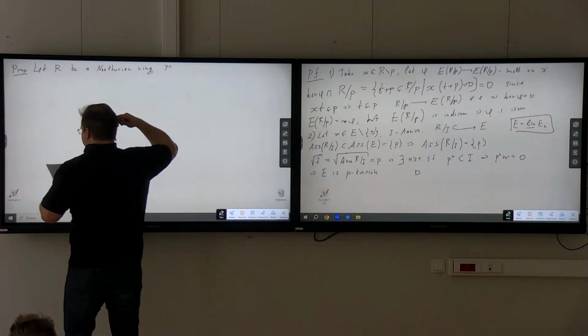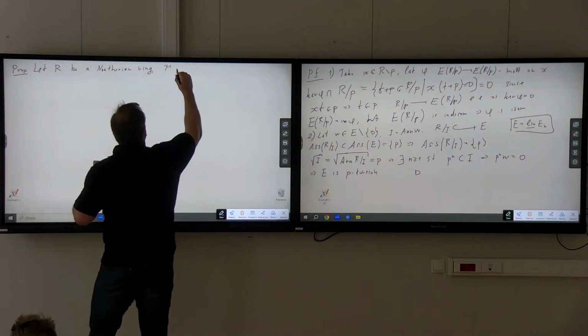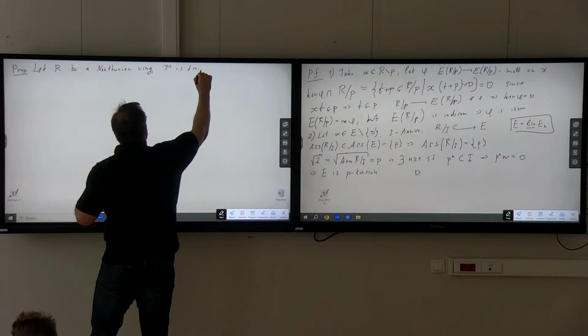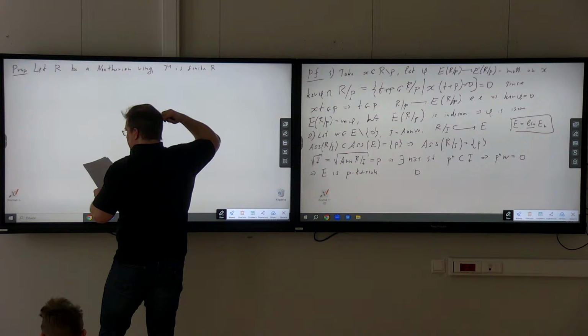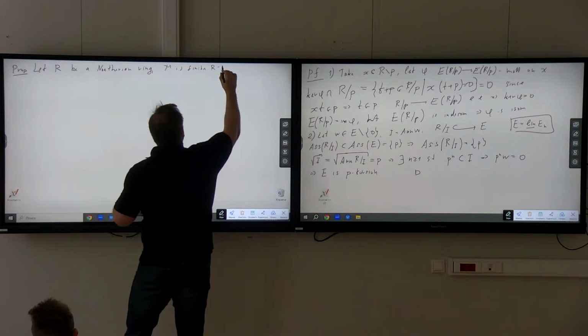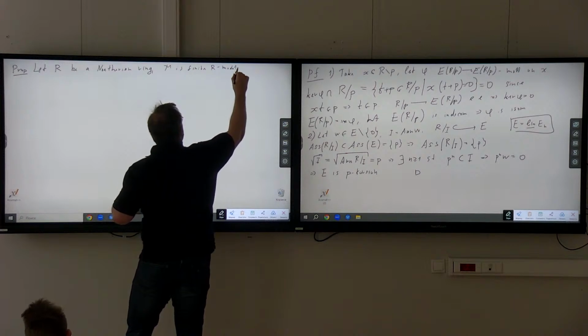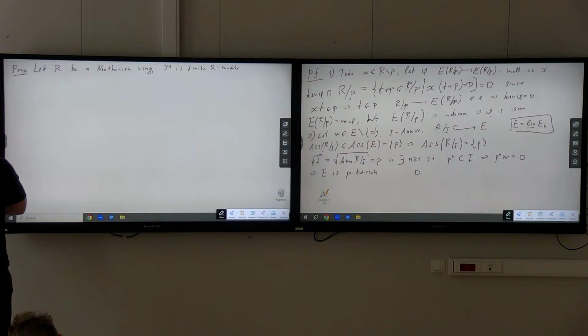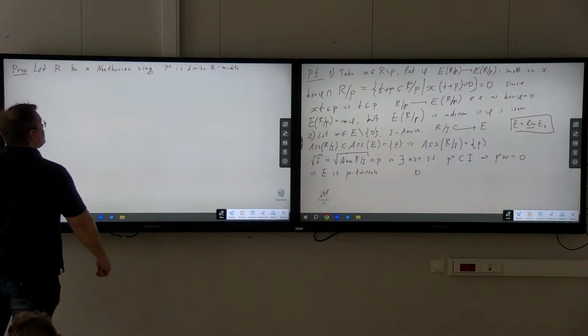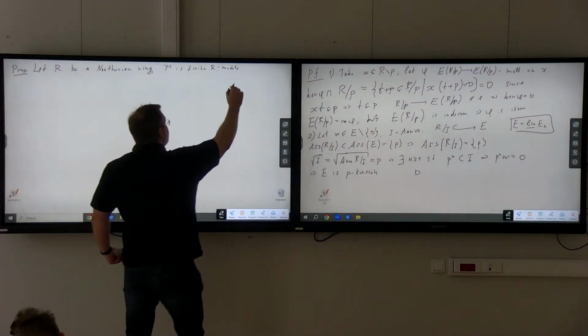M is finite. Our module might not necessarily be finite. Do I need the assumption that M is finite? We will see this in the proof. Okay, so then